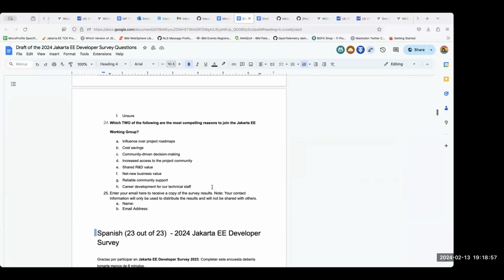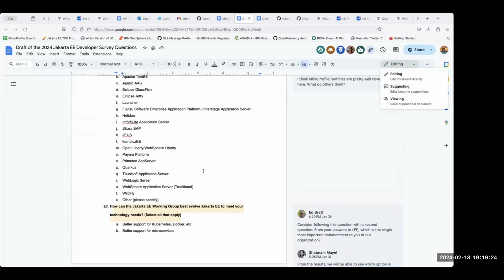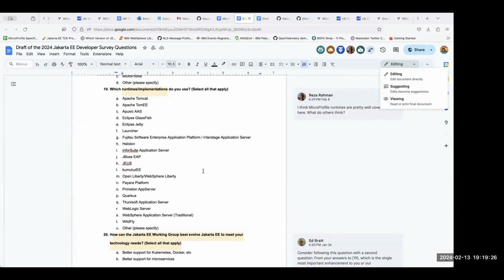Sorry, I didn't see the comment in the document. I think in 2019, yes, 19, we can participate about the full platform for Jakarta or microservices.